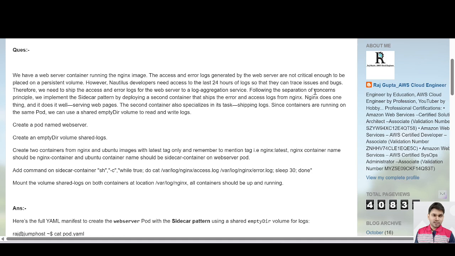Following the separation of concerns principle, we implemented the sidecar pattern by developing a second container that ships the error and access log from the Nginx. Nginx does one thing and it does it well, serving the web server. The second container also specializes in one task, shipping the log. Since containers are running on the same pod, we can use the shared emptyDir volume to read and write the